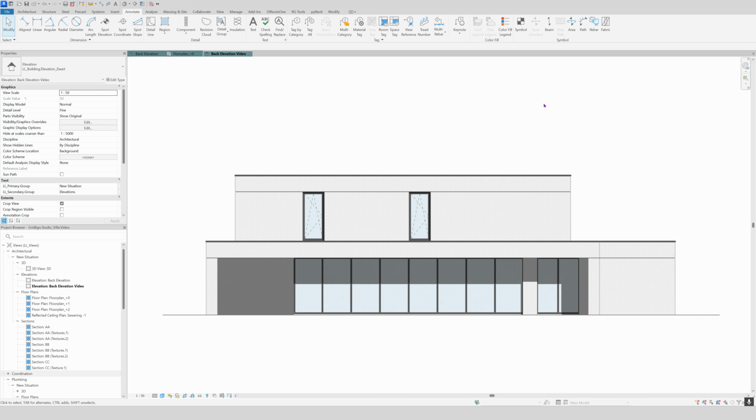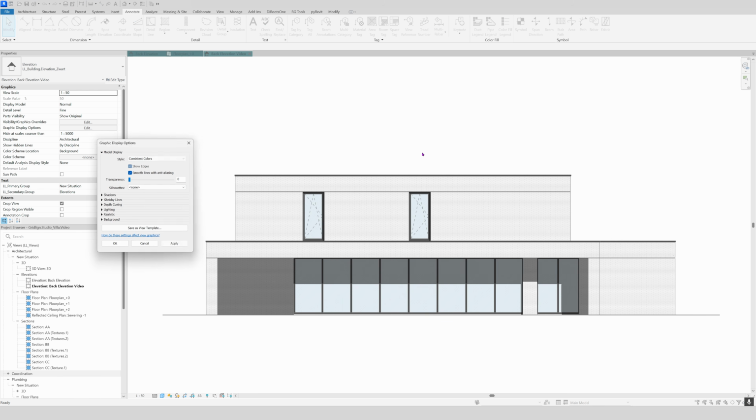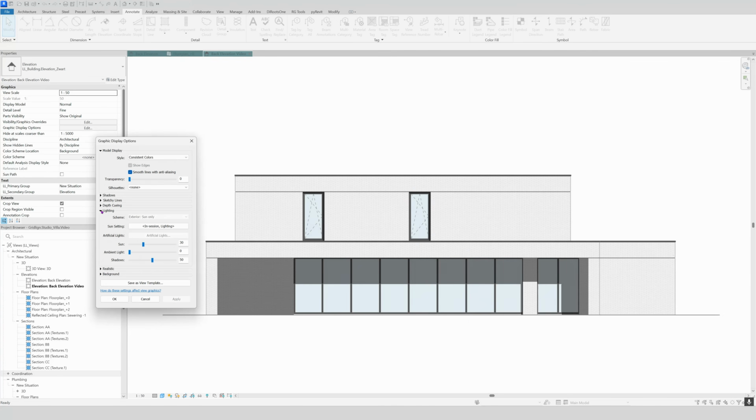We can adjust the shadow because in my opinion it's way too dark. We go to the visual style settings, so graphic option display. Of course, don't forget to save, very important. And right now we go to the lighting tab right here. So we press on lighting, and then we have certain things that we can adjust. So for the shadow, I will set it to 20, and let's see what happens. And yes, this is much softer and